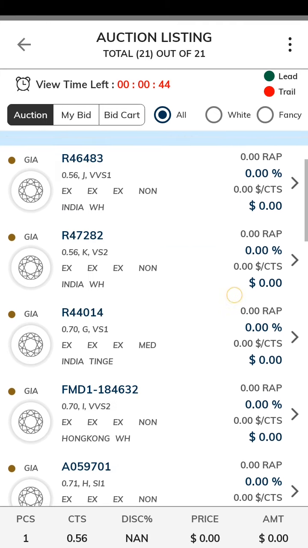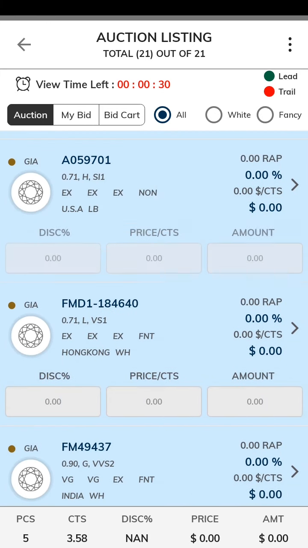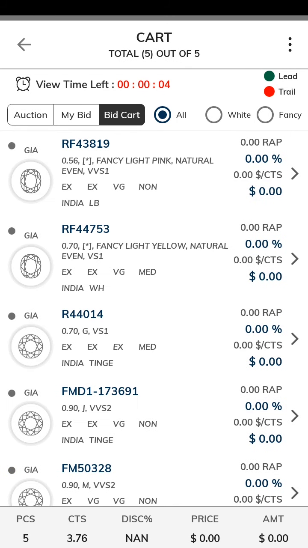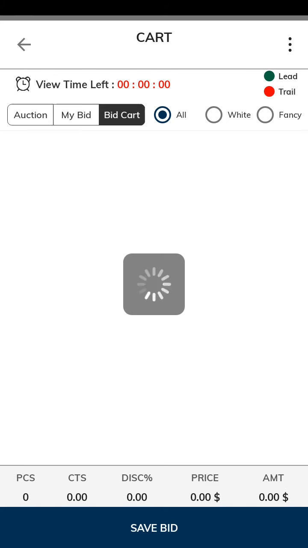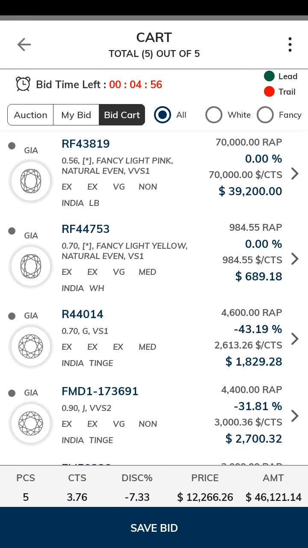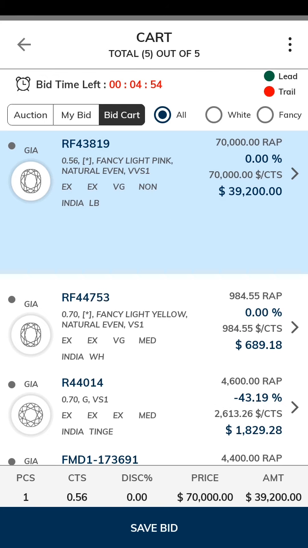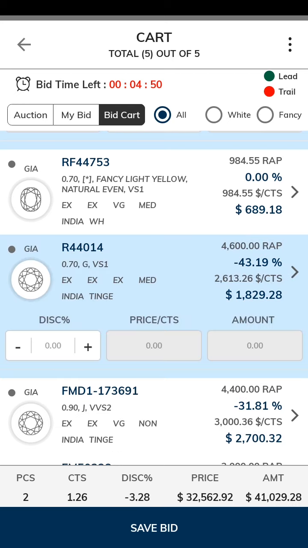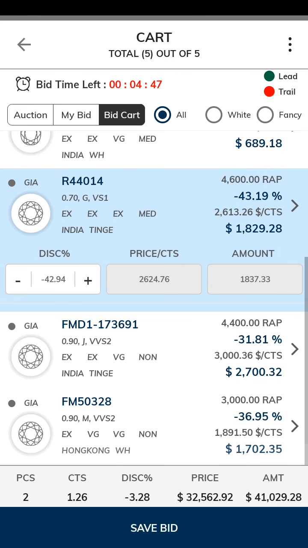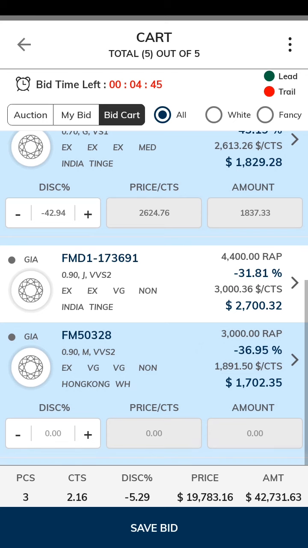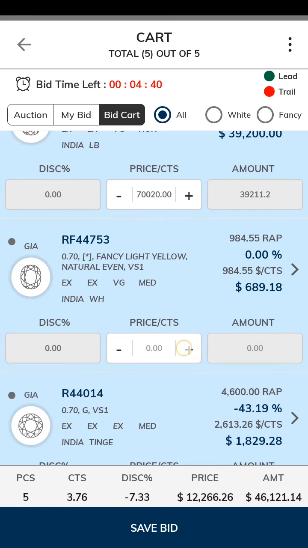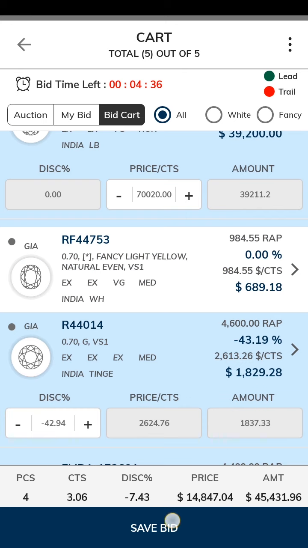Use the Bid Cart button on the right-hand side of the screen to add the stones that you wish to bid on. Use the Bid Cart button on the app to view your prospective bids. The time left for bidding will be shown on the top left corner of the app. You can now place your bid on the desired stones and click on the Save button. However, if you choose to opt for bulk bidding, select multiple stones and then place your bid by clicking on the Save option at the bottom of your screen. Also, you can undo your bidding by removing your selected stones.